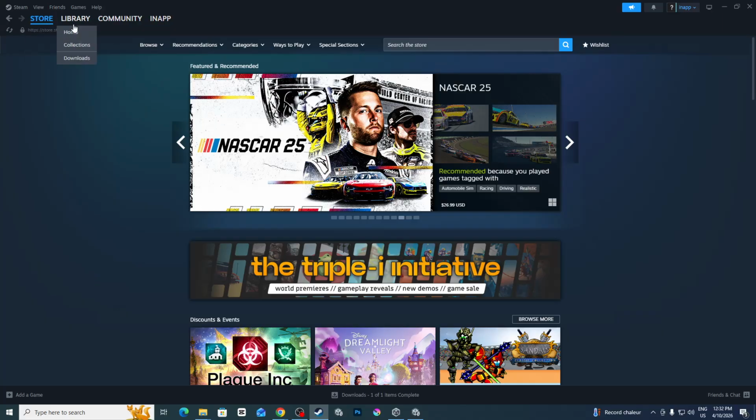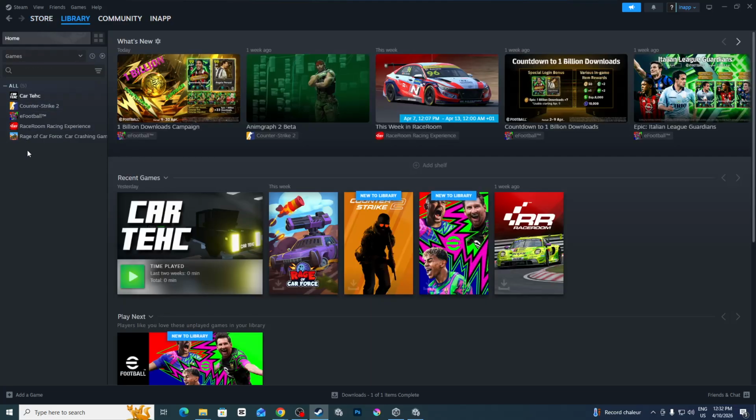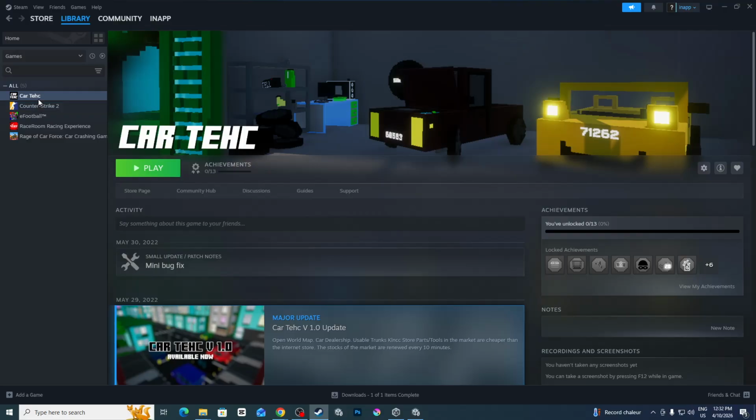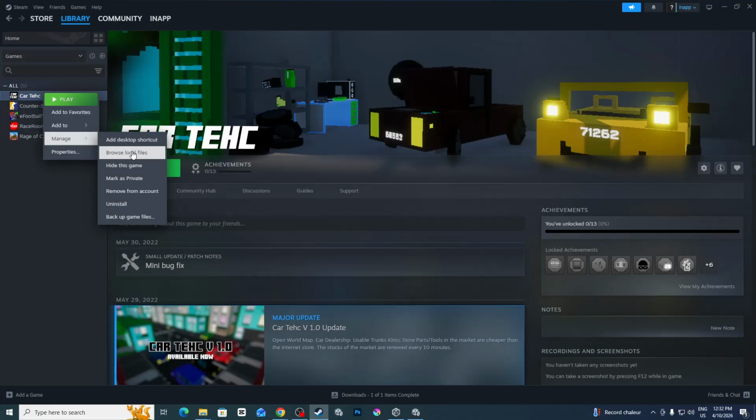Here, guys, you have to go to Library and here you will find your games. For example, I want to uninstall this game, Card Tech. I will just click on it, right click, and go to Manage and then Browse